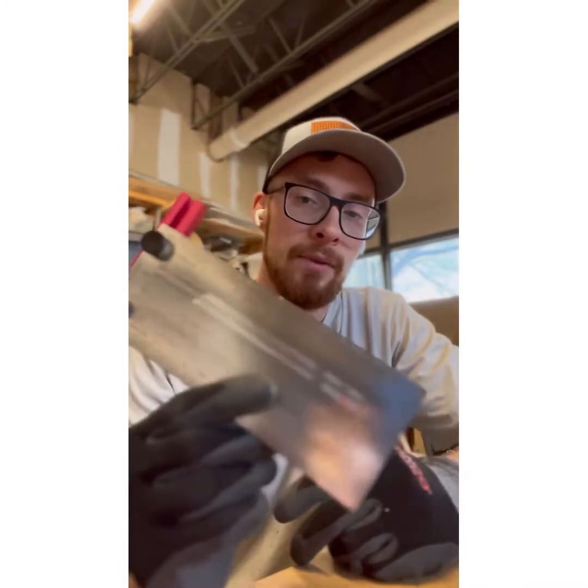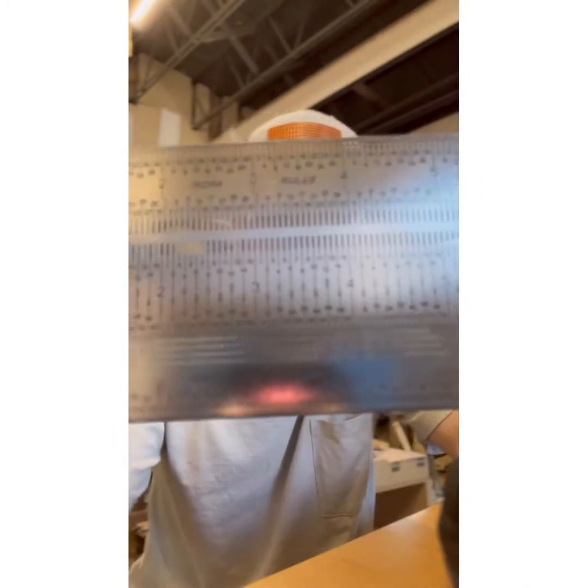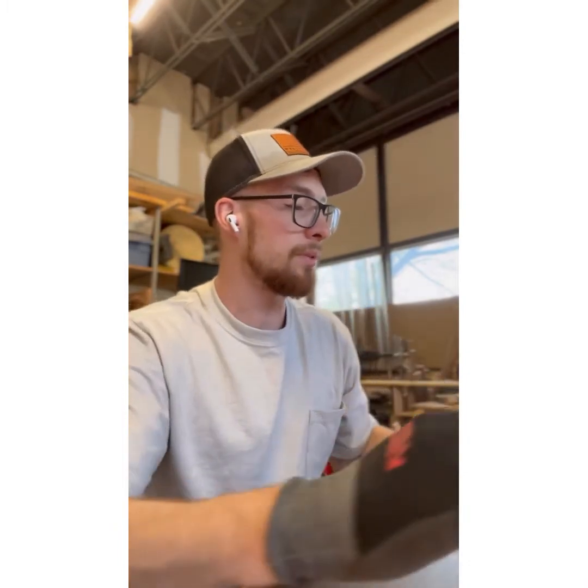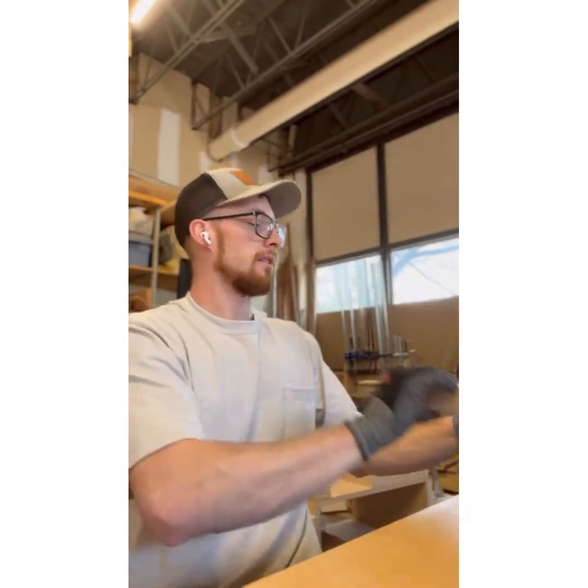This tool right here is a phenomenal tool. As you can see, it has measurements up to the 64ths, and has those little holes in it all the way across. This takes a 0.5 millimeter pencil. I just use a mechanical pencil, which I'm pretty sure is all you could use. And it gets really precise measurements, and you get the